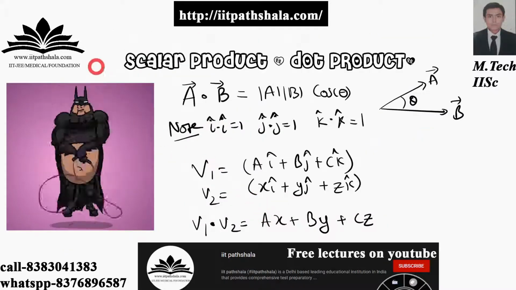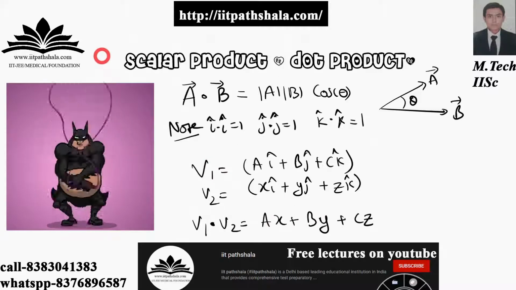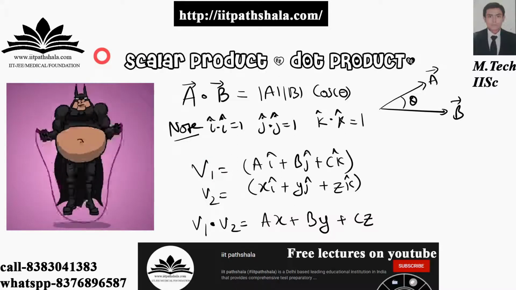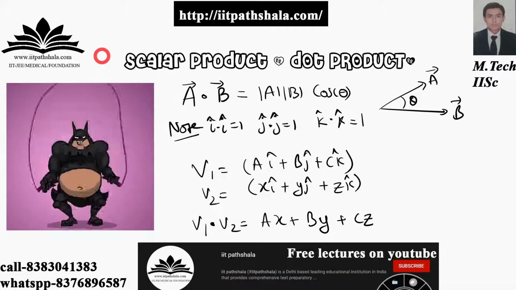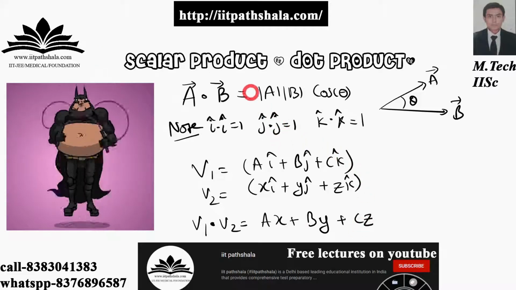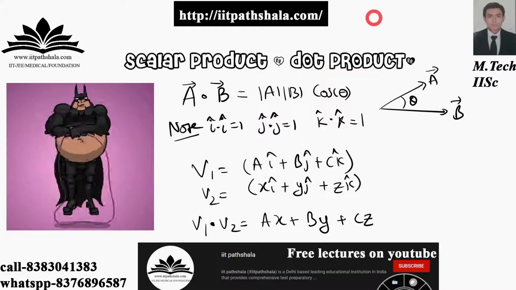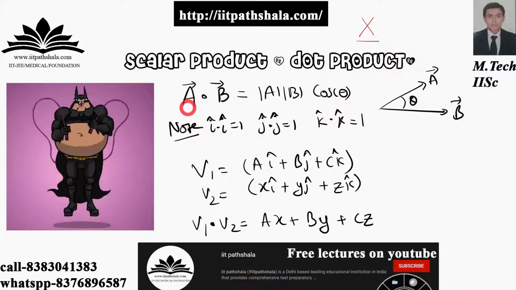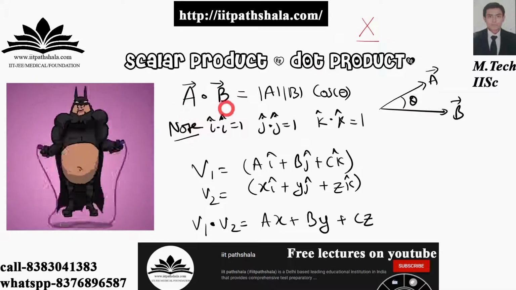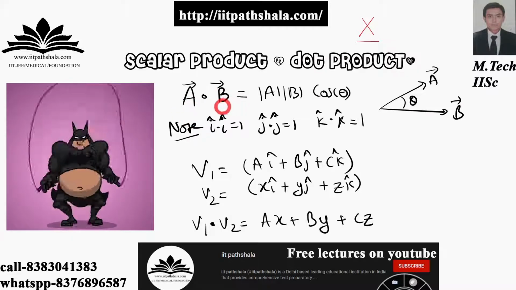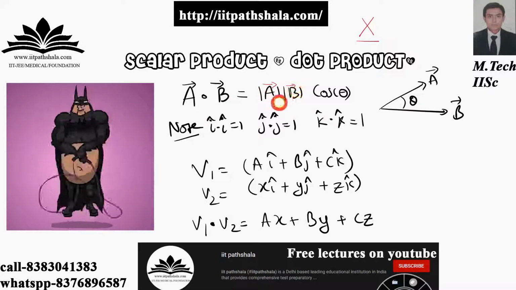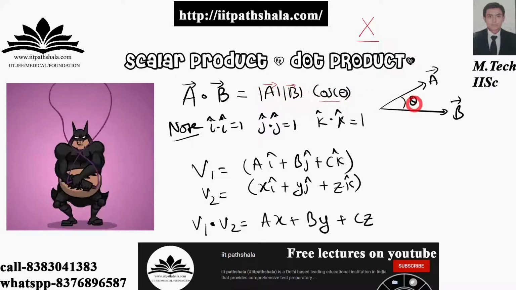Now let us discuss the gravy things. Let us discuss the scalar product, the dot product, the most notorious one. Okay, so what you are having over here is that the dot product is nothing but, unlike when you use a multiply sign, you will be using a dot sign over here. So now let us say that you are having two vectors, a vector and b vector. You are dot producting them, then you will be getting modulus of a vector, modulus of b vector, multiplied by the cosine of the angle in between both of the vectors.